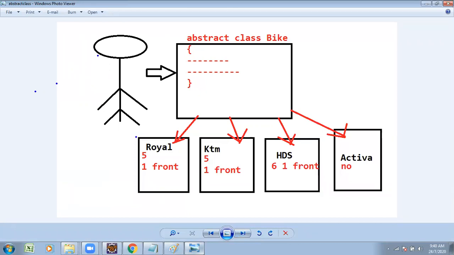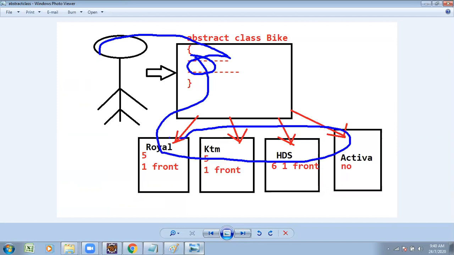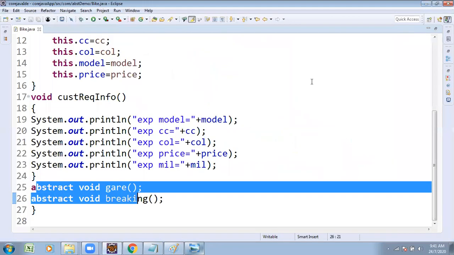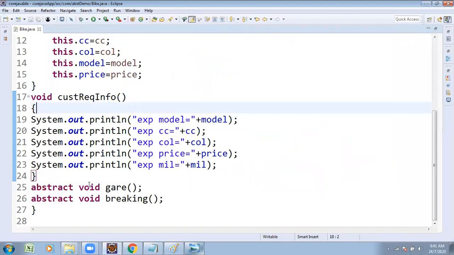Customer started going to the bike showroom. Here this part is finished. Now I wanted to write the subclasses, like interface. In interface also we created implementation classes. Abstract class also, we created the abstract class. Try to write the subclasses. Several subclasses I wanted to write. That point of logic we are going to write in those classes. We must implement these methods.